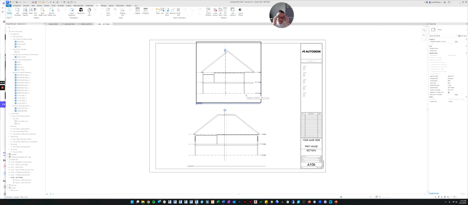Because that's the pattern of thinking you need for the professional world. You are creating these drawings not for yourself. You already know what's going on with the building because you designed it. What you're trying to do is communicate to someone who doesn't know anything about the building. You're trying to communicate to them what you want them to do. So you need to be thinking every time you create a sheet, can someone who's never seen this project and knows nothing about it, can they understand what I'm trying to communicate on this sheet? And if the answer is no, you need to make some changes.